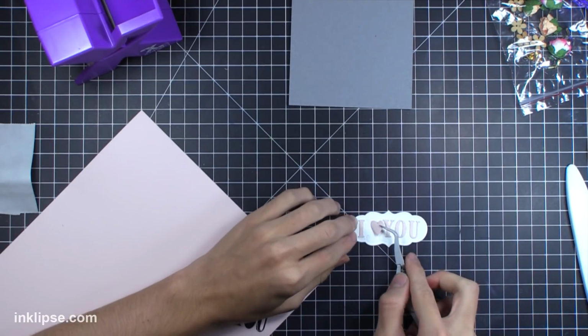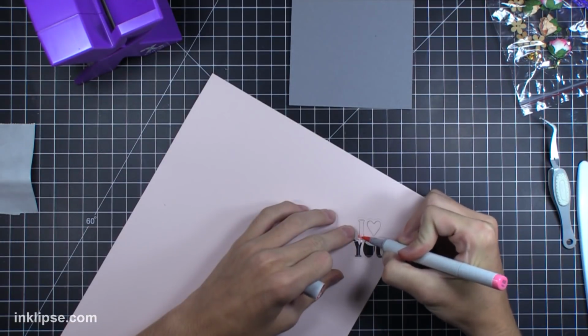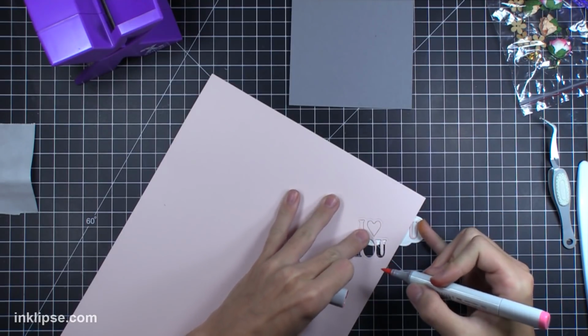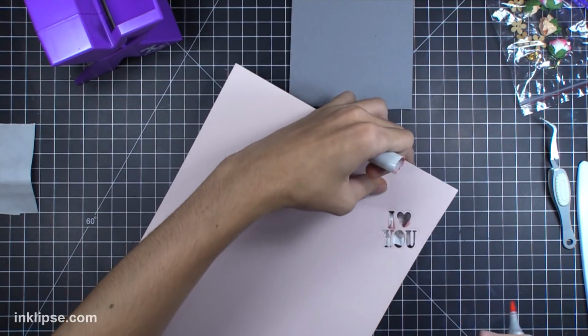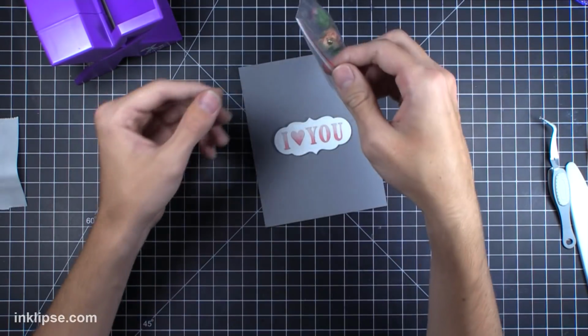And I just cut that out of white, and I'm just adding those sentiments right onto there, nice and straight in the line. And then I'm going to take that backer piece that I cut it out of, and I'm going to just take my Copic marker and add some shading from the bottom of those lettering, and this just helps protect that white cardstock underneath it. So that gives a nice look to just shade that all together,